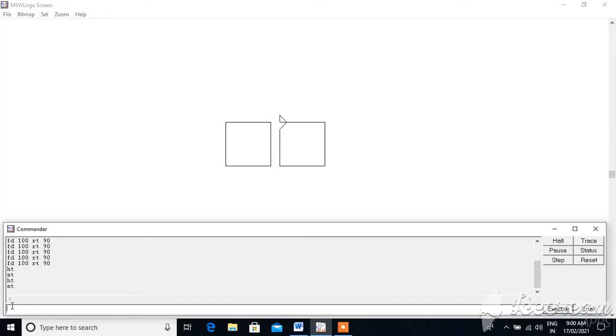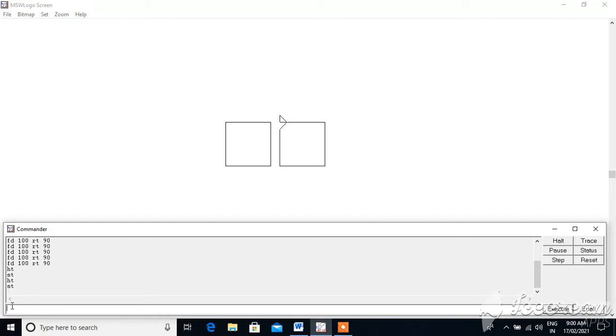Then the next point, pen erase and pen paint command. Sometimes you may make a mistake while drawing. You can use the pen erase command to correct it, and pen erase is written as PE in short. This command is used to erase a line.